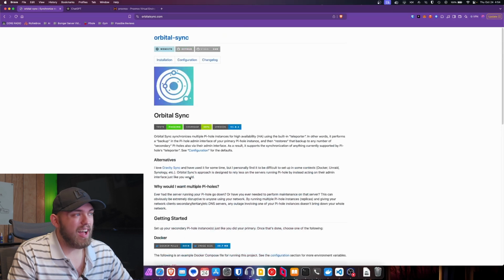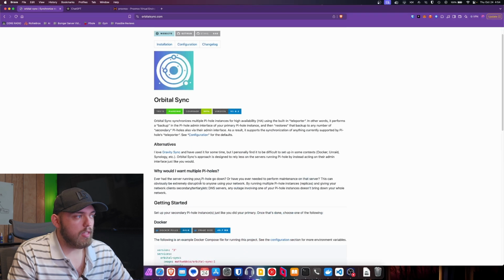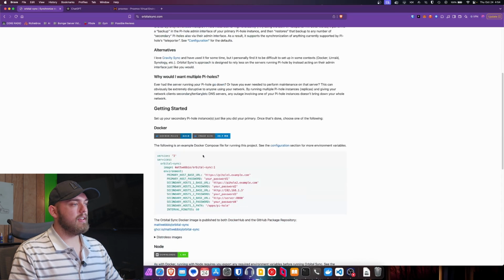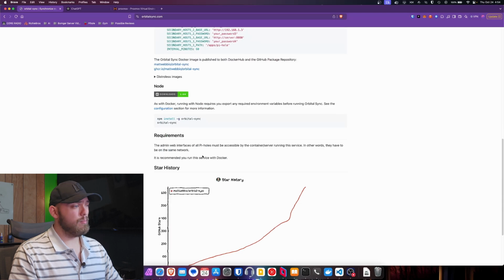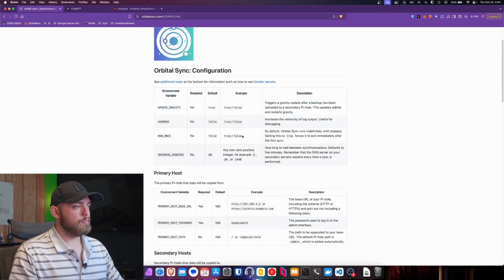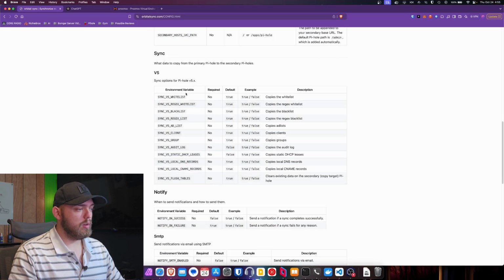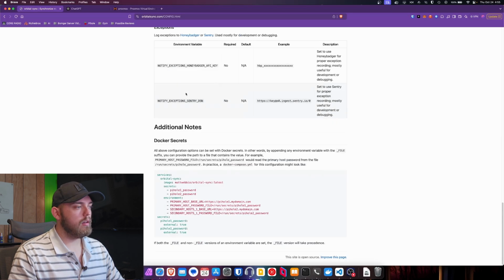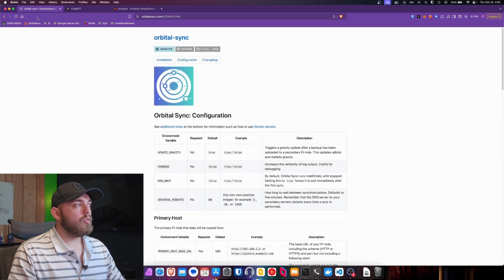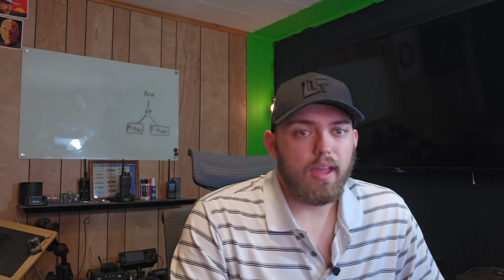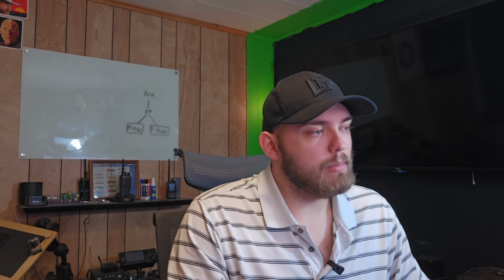So there's not a whole lot of documentation here. There's this on how to get started. On their website, there's a quick little getting started. This is basically just their GitHub page. You can go into the configuration, and you can see all the different little variables you can set, and if they're required. You can run this without Docker, but their guide involves Docker, and they recommend it. I kind of recommend it too.